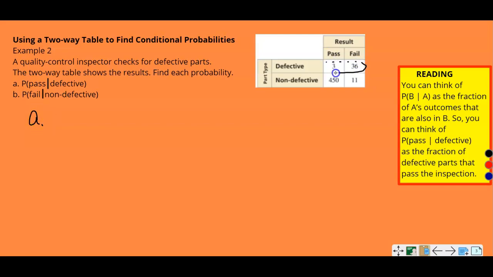So we know that this many here are defective. So 3 plus 36, that's 39 parts are defective. So how many pass out of the ones that are defective? So the ones that are pass, you can see there's 3 out of 39. And then we can reduce that to 1 over 13 because 3 does go into 39 evenly. And that's going to give us about